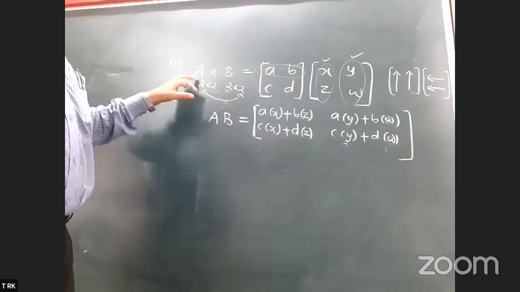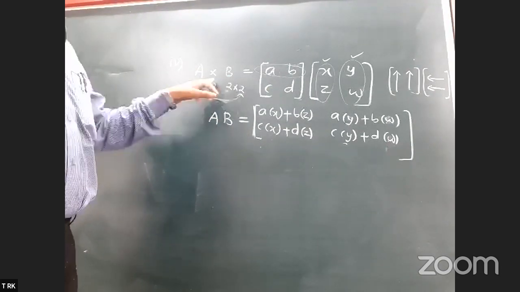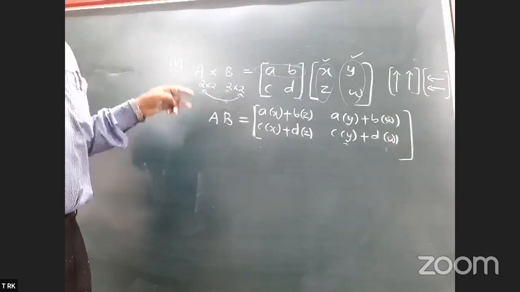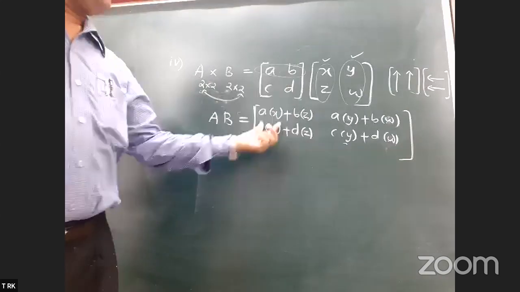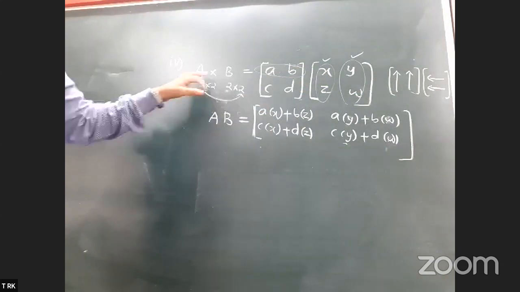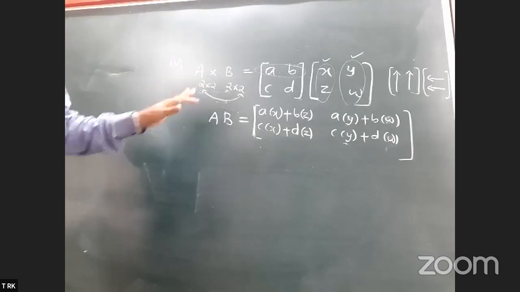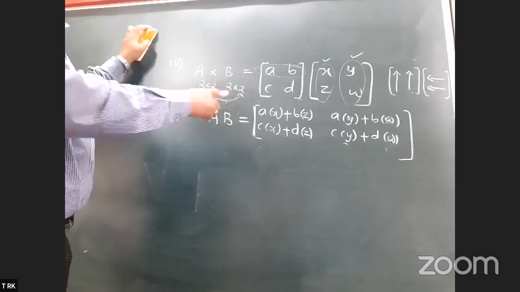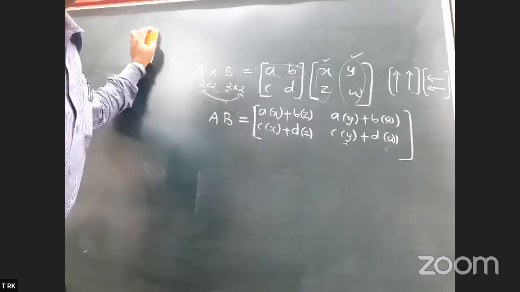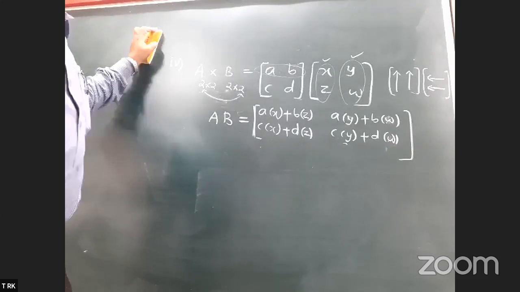The time being that A is equal to B is equal to A is first, B is here. Basic condition: the number of columns of first must be equal to the number of rows of second. So that condition must be fulfilled to define AB. See, clear? Well, next,